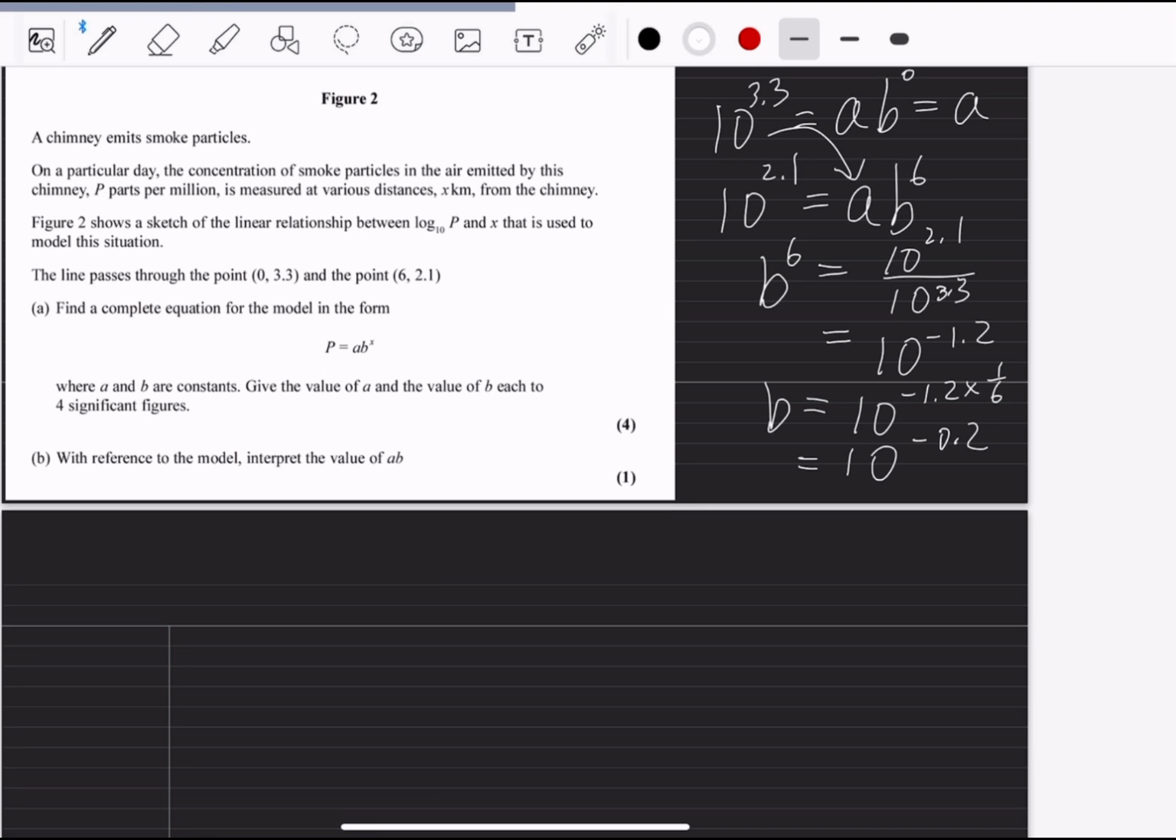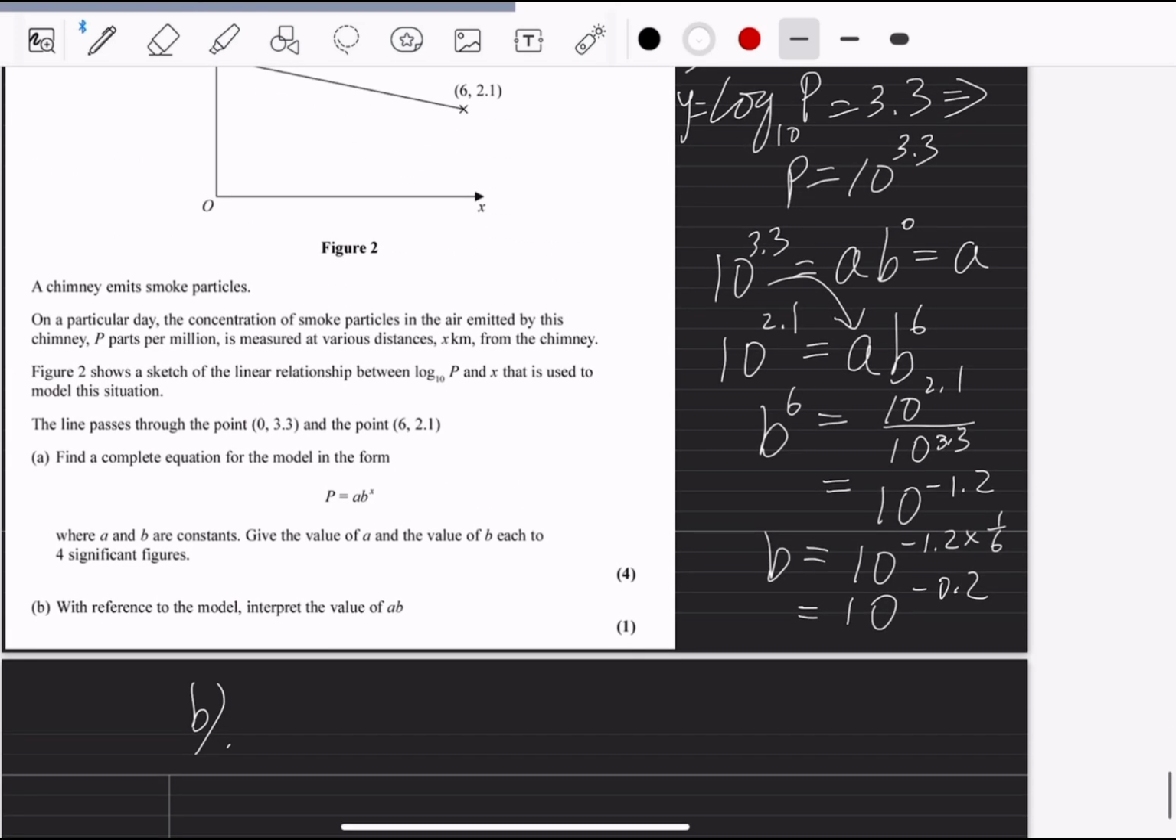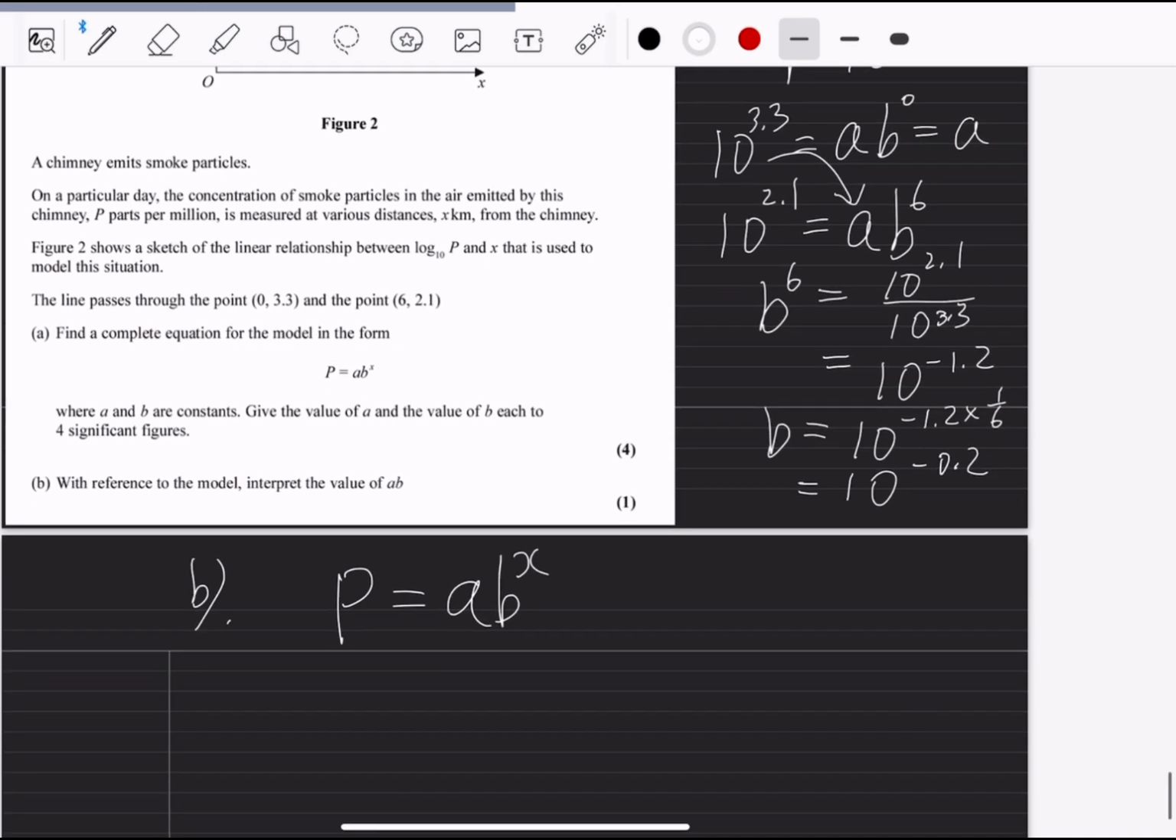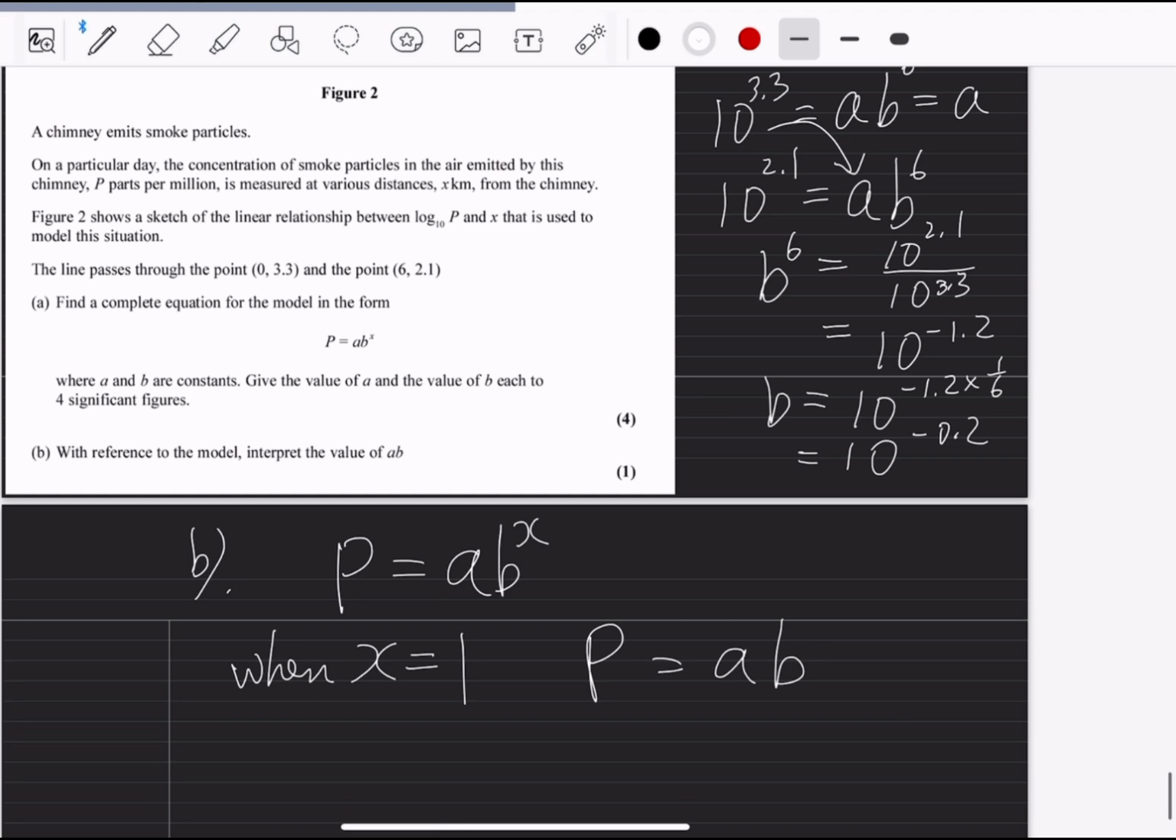For part b, it just needs one simple sentence to answer the question. How can we interpret the value a times b? Notice that in the function a b to the power x, when x equals 1, p equals a b. That means a b